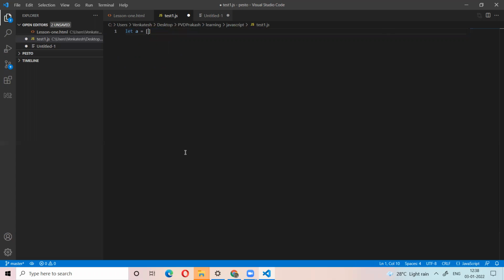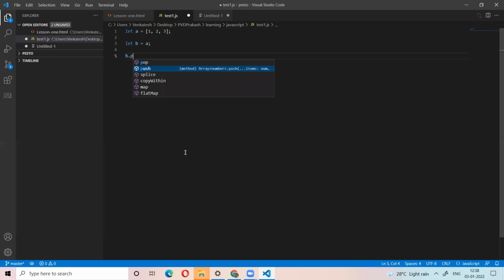Let A = [1, 2, 3]. Let B = A. Now B.push(4).